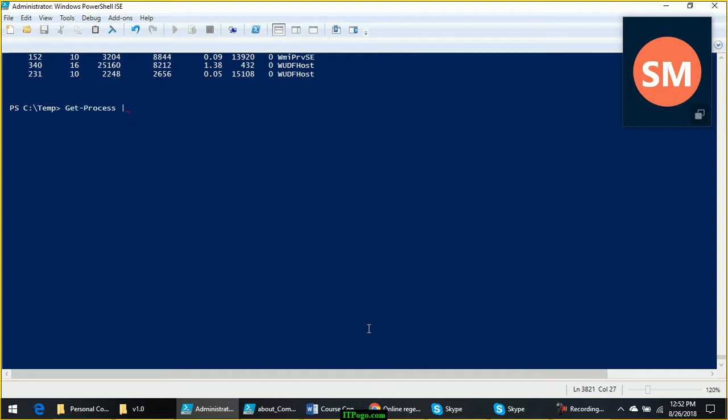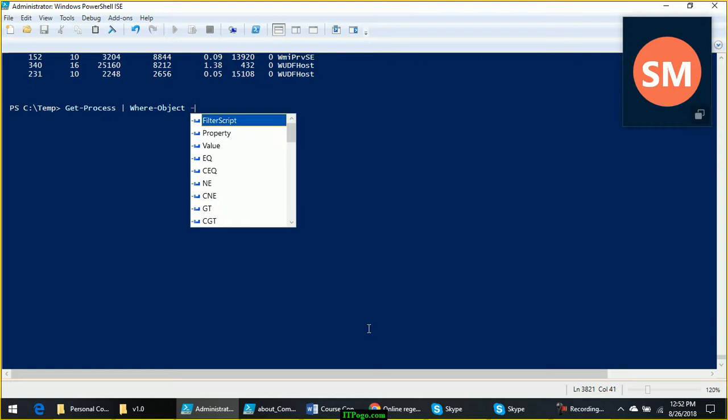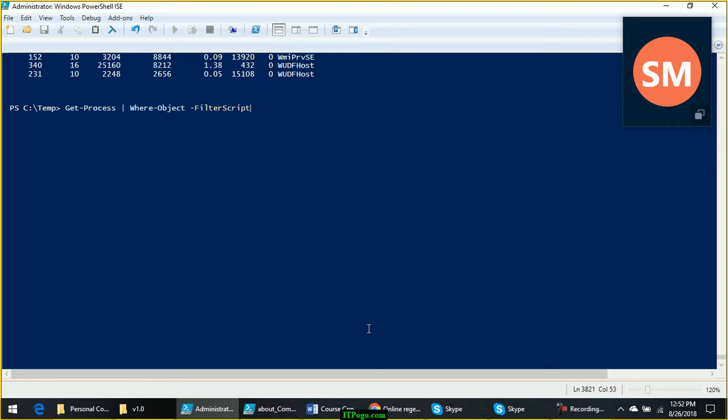I can pipe it to Where-Object and use a filter script, and this filter script will specify the terms and conditions that I want in the output.